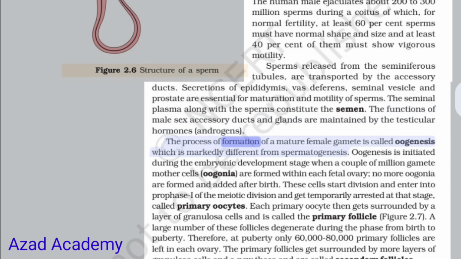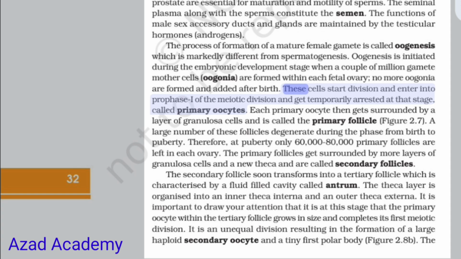The process of formation of a mature female gamete is called oogenesis, which is markedly different from spermatogenesis. Oogenesis is initiated during the embryonic development stage when a couple of million gamete mother cells, oogonia, are formed within each fetal ovary. No more oogonia are formed and added after birth. These cells start division and enter into prophase of the meiotic division and get temporarily arrested at that stage,